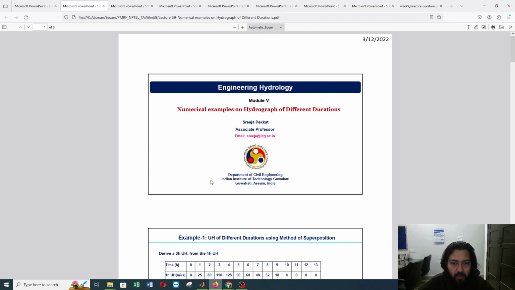So we have covered all the theory for today's class. That is, we have talked about how we can develop the unit hydrograph from different durations of rainfall. Then we talked about the instantaneous unit hydrograph, and we have derived the relationship between the instantaneous unit hydrograph, S hydrograph and unit hydrograph. Then we looked into how we can derive an instantaneous unit hydrograph using the Nash model, right? So we have obtained the generalized equation which can be used to find the output in any reservoir, right?